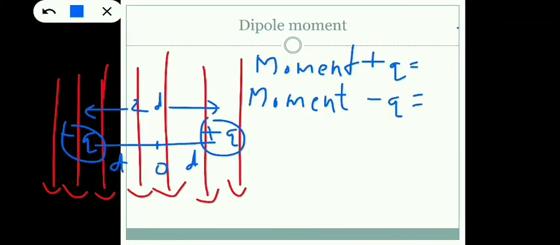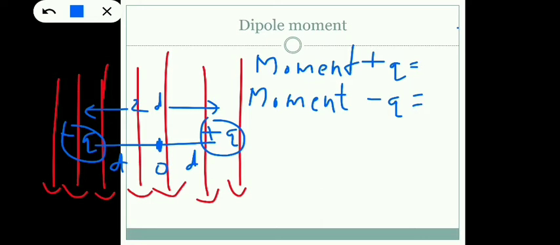Since we have a rotational effect here, we can also calculate the moment of charges, the moment created by the plus q charge and the moment created by the minus q charge individually. What do you mean by moment of a quantity? Moment of a quantity means that quantity multiplied by the distance of that quantity from the point of rotation. So here, if we fix the midpoint of the dipole at O, O is the point about which the dipole tends to rotate.